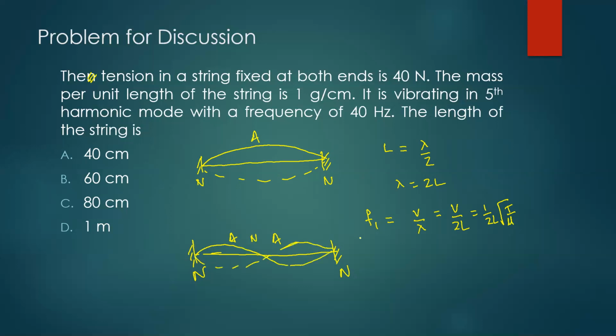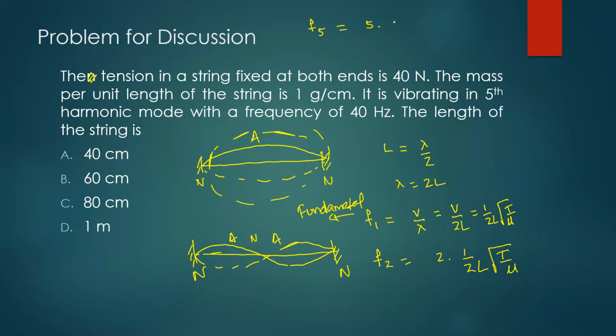One thumb rule will be, if you have one antinode, you will get one loop. If you have two antinodes, there are two loops, and the frequency will be the second harmonic. It will be twice the fundamental. This is the fundamental frequency. The lowest frequency is called the fundamental or first harmonic. Because the problem is talking about a fifth harmonic mode, you will have 5 loops.